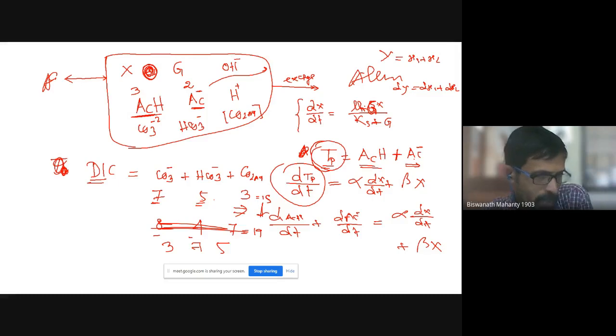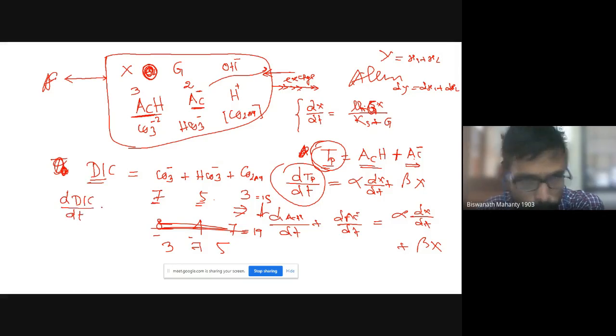So microorganisms produce carbon dioxide or carbon-related things because of their growth and respiration, or some carbon dioxide may simply be coming out also. Yes or no? Maybe, or coming in, whatever you say, either coming in or going out, it doesn't matter. It may happen. So essentially, try to understand, if I say change in total carbon, DIC, dt,